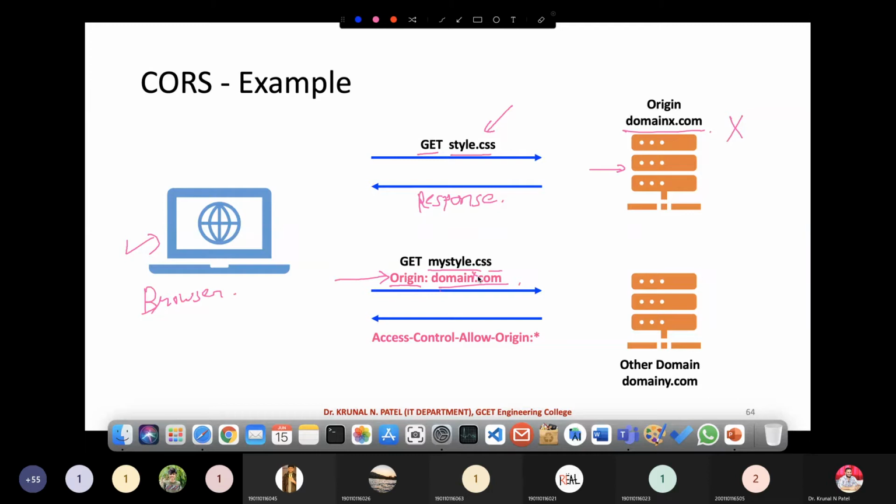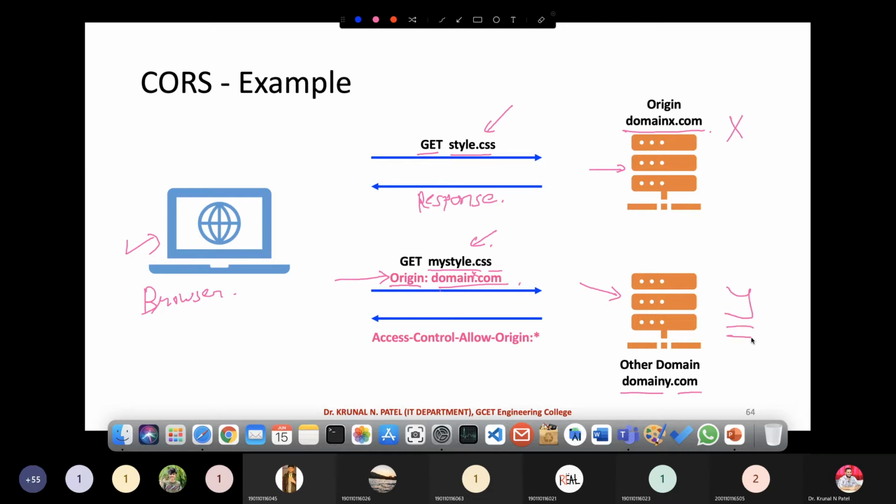So with Origin, I am informing that my origin is domainx.com and I want to access these resources from a different domain. Here my domain is Y. So I want to access the resource from X to Y.